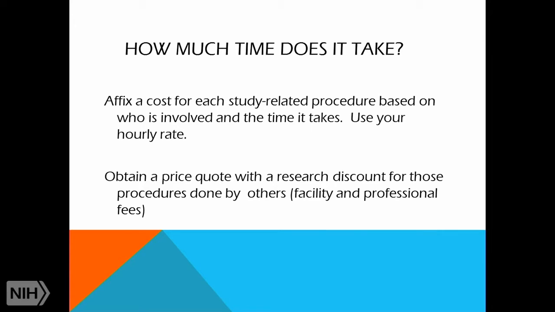Budget by putting the timeline across the top, is how I recommend it, and your procedure line down the side. And so then in each box under the timeline for that procedure, you put in a dollar amount. Of course, you want to make it in increments that could be multiplied. For instance, if your coordinator was going to spend 3/4 of an hour doing informed consent and you charge $75 an hour, that doesn't really divide very well. So what I would do is I would just go up to $80, which you can divide by 4, and I'd put 20, 40, 60 for 3/4 of an hour in that box. If it was an hour, then you'd put 75.